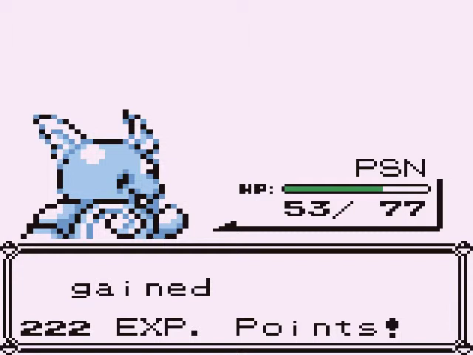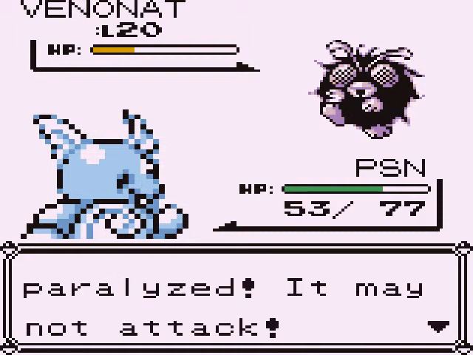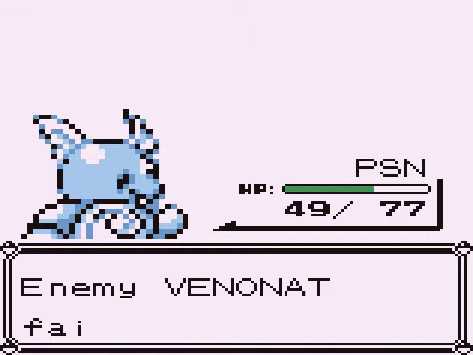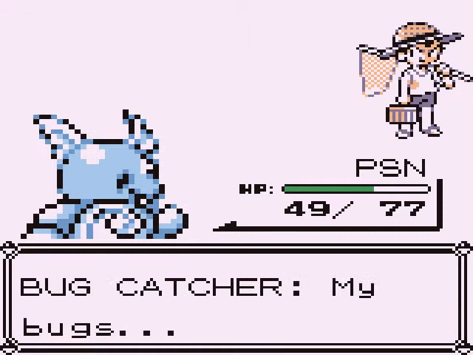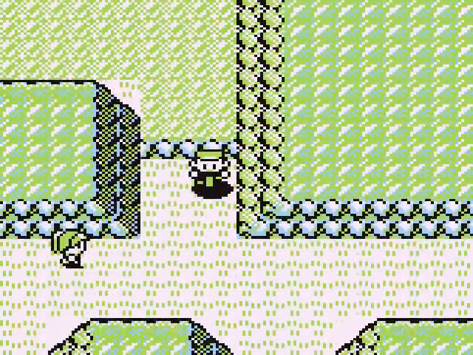After that, we've got a VENONAT here, and I'm just gonna try body slamming him. You see that paralyzed him, and he's fully paralyzed, so he does not get a move in. He does not get any attempts there. You just take out that bug catcher, just head on up, go around this trainer here, and go down here,